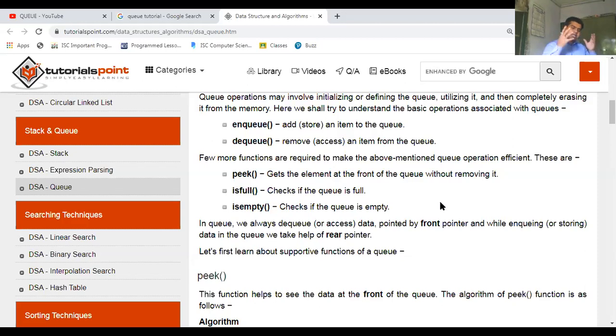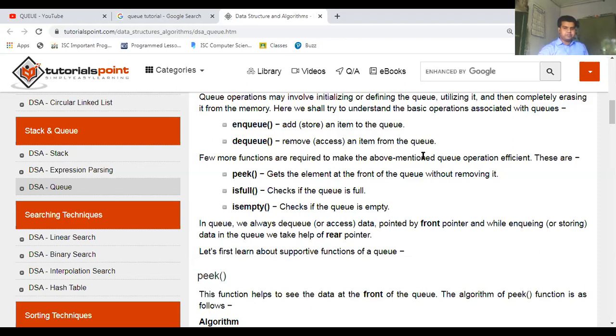So each and every concept of this data structure is somehow related to your array or the linked list. Stack and queue can be implemented using the concept of the linked list, as well as using the concept of the array. So any theoretical things related to stack and queue can also be related to array as well as the linked list.